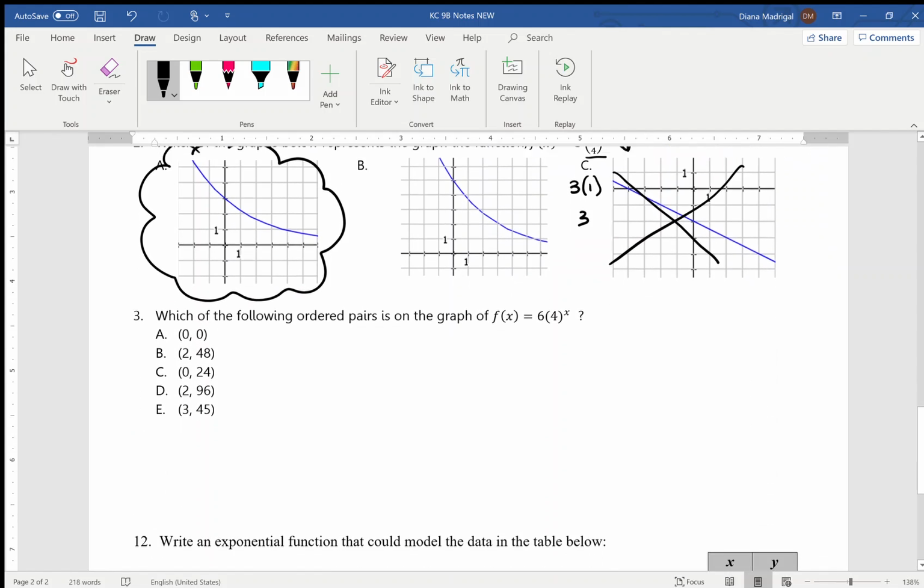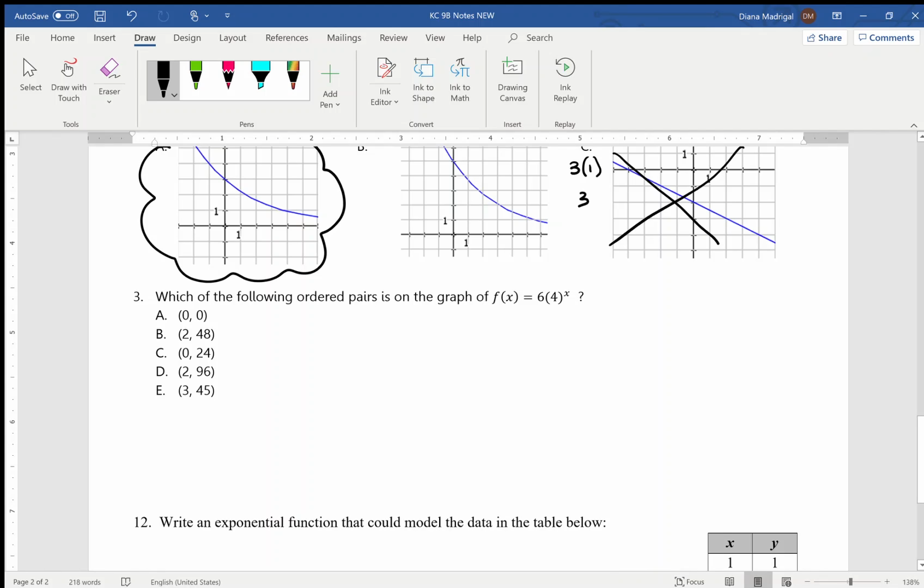All right, moving on. It says, which of the following ordered pairs is on the graph of f of x equals 6 times 4 to the power of x? Remember, we need to plug in the values for x. It's like the table that we did yesterday. They gave us the values of x and the values of y. That means that if I plug in the values of x, I should get the numbers they gave me for y. So for instance, if I plug in x equals 0, my answer for y has to be